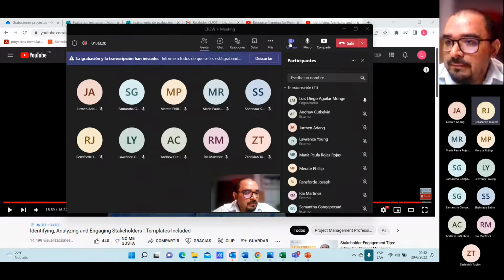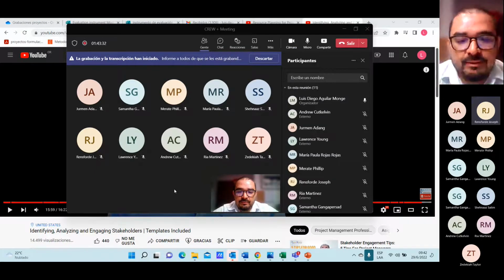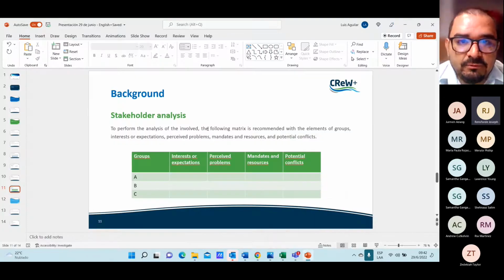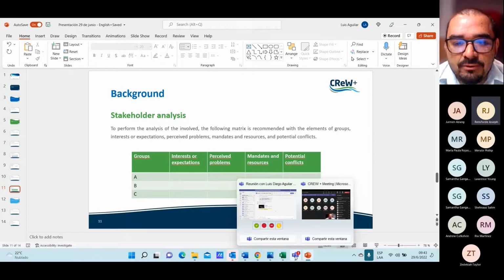Back then. So the video was a little bit long, but I want to reinforce the stakeholder topic. Also, you saw in the video many diagrams, instruments, etc. I proposed this one that is maybe more simple, but you can also use another one for your organization that you think is accurate to your needs.